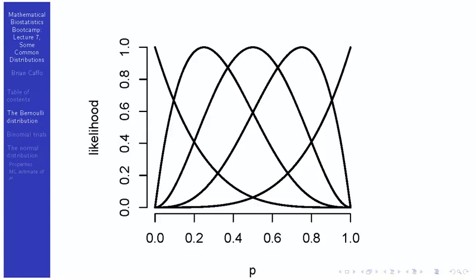The leftmost one is the likelihood you get if you had no heads. The second one, you see it shifted a little bit to the right, and its peak is right at p hat equal to a quarter. If you get two heads, then you see the peak, the MLE in this case, is right at 0.5, and the likelihood shifts a little bit to the right. If you've gotten three heads, it shifts a little bit more to the right. And if you've gotten four heads, then it shifts closer to 1.